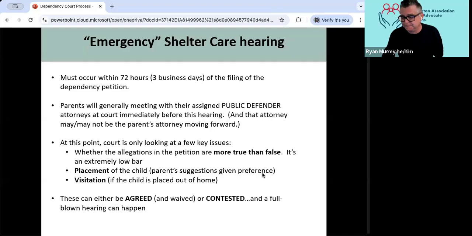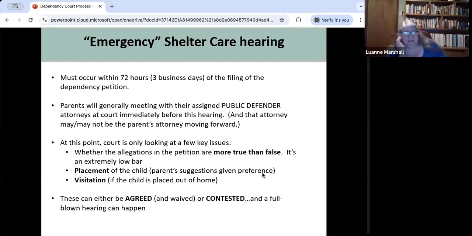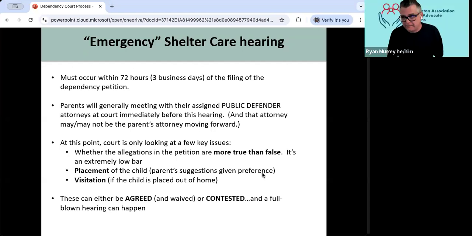Luann asks: can the bio parent sign a VPA at the shelter care hearing, or has the time already passed for them to do that by then? If the state's already filed a petition, they're probably going to continue, so at that point it wouldn't necessarily be voluntary.